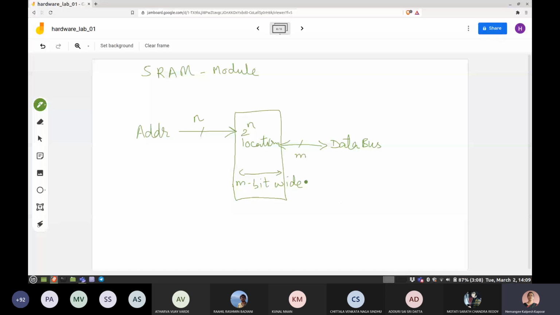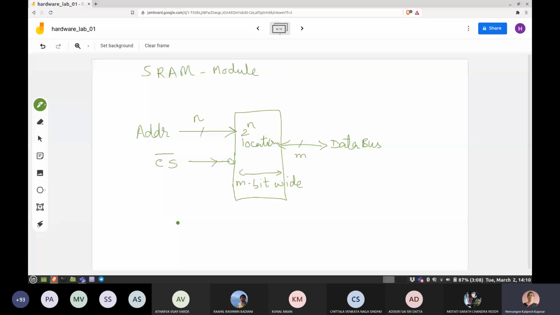Now, apart from the address and data bus, these RAM modules come in a variety of chips, right? So not every chip is always turned on to provide the data. There has to be a chip select, because that's how the banking structure or bank level design is possible. So there is a control signal called chip select, CS, and this is normally active low. I'm putting a bubble at this port to show that this is an active low signal. Whenever this signal is low, the chip is enabled. When it is high, the chip is disabled.